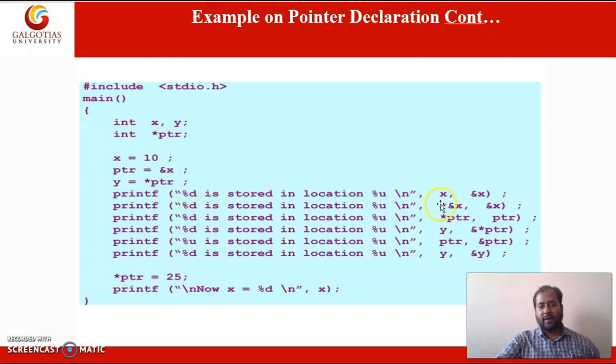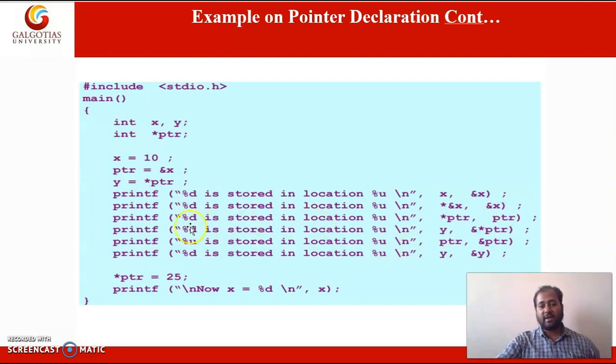Okay, so here the value is accessed by using the variable x, and ampersand x means it is giving the address of variable x. In the next statement we are using star and ampersand. What does it mean? Value at the address of. Okay, so value at the address of x, it will print 10 and the address is again x.